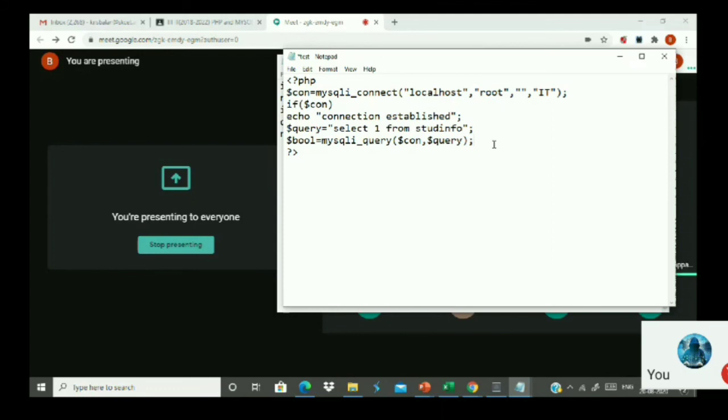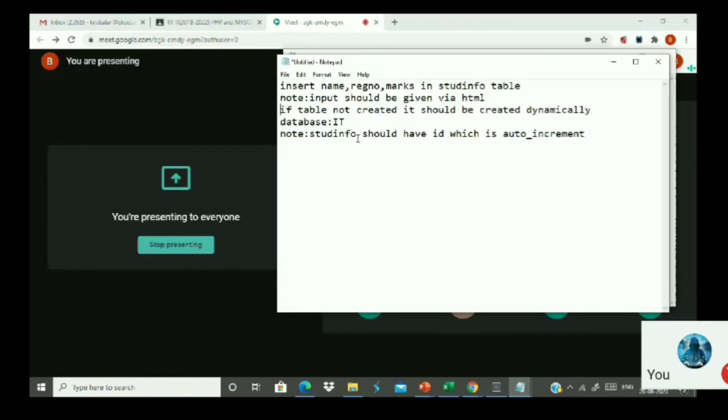We should create the table, sir. Create the table, exactly. So now if Boolean is false, Boolean equal to false, then I should create a table. So what is the condition for creating the table? I have said there should be 4 parameters. ID should be auto increment and the rest of the 3 parameters should be there.